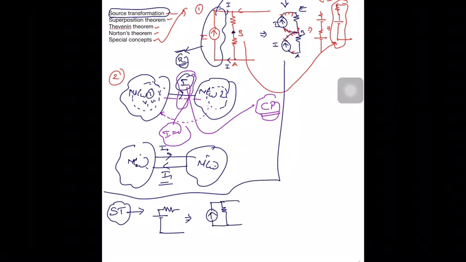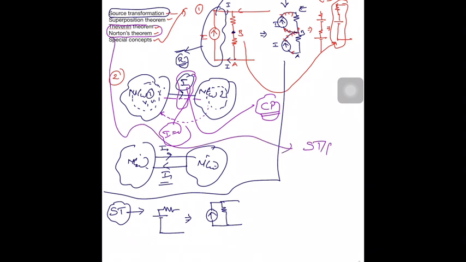Why I have mentioned starting this subject with source transformation is very interesting. These Thevenin's and Norton's theorems, right? These two theorems are source transferable. Means if you have a Thevenin's voltage, I will explain what is Thevenin's voltage and what is Thevenin's resistance, but for time's sake, if you have a Thevenin's voltage VTH and RTH, then you can convert this VTH and RTH into Norton's equivalent current IN and RN.